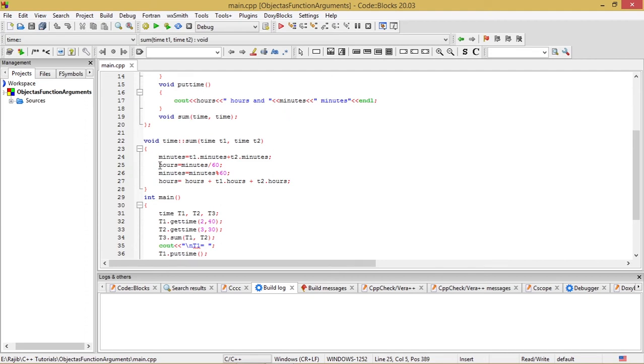In this line, hours is equal to minutes by 60. So whatever value is in hours, it can be a value of 0, it can be a value of 1.